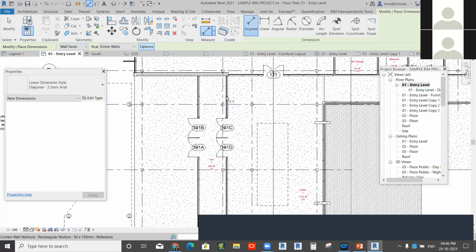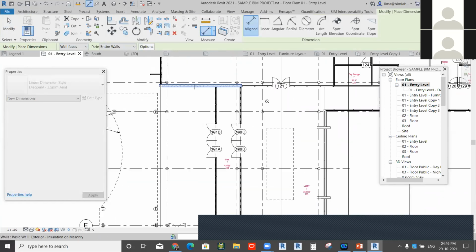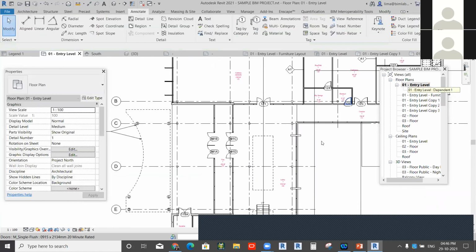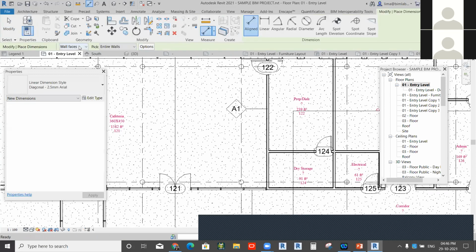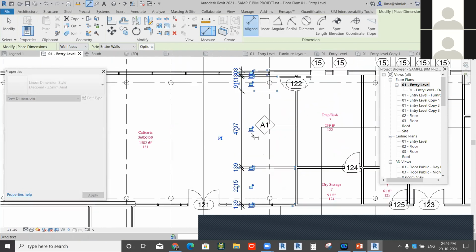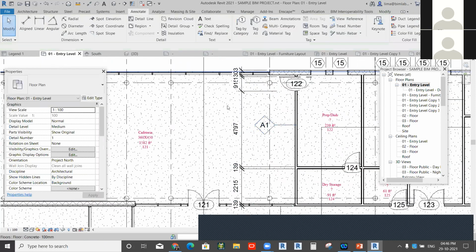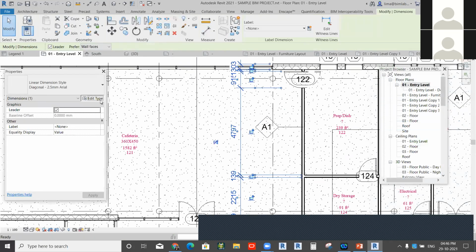In this way you can annotate individually. Any other adjustments you can also do in the edit type.